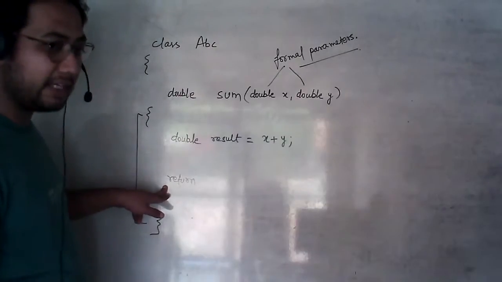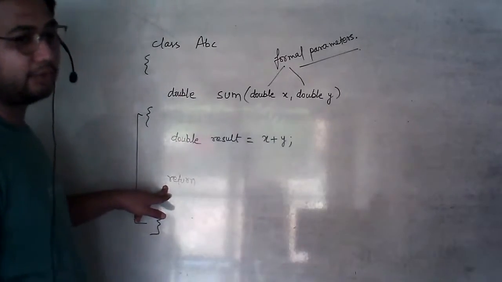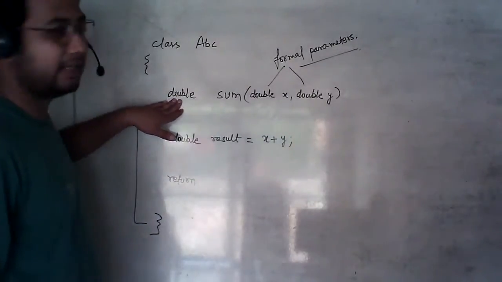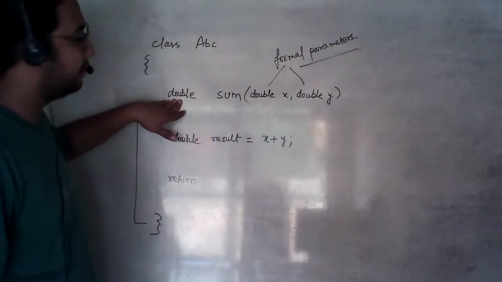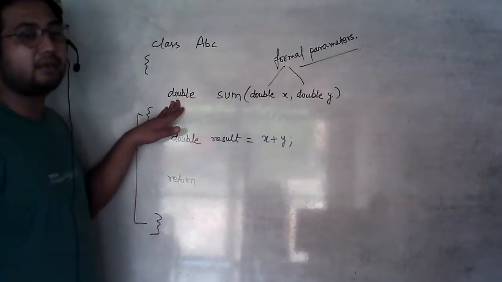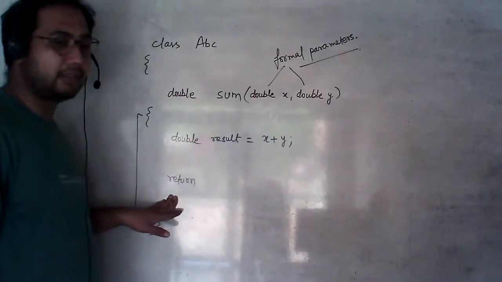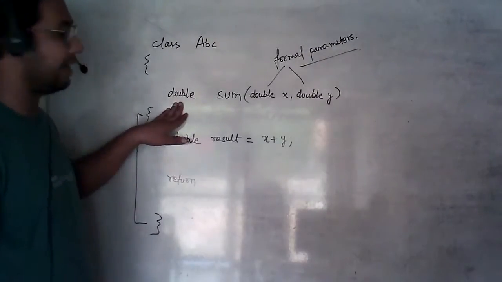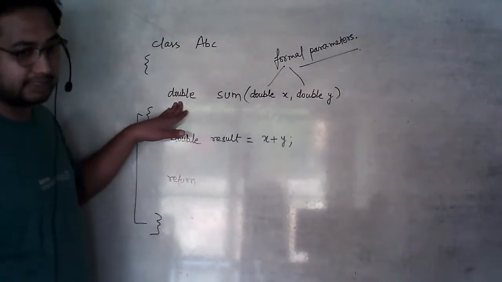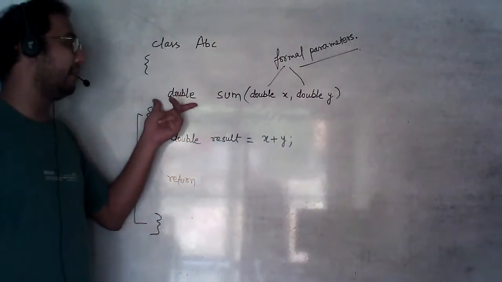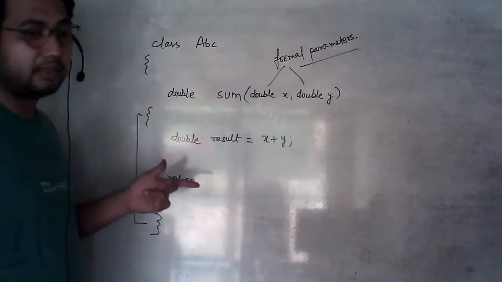It is compulsory to use whenever the return type of the function is any other than void. If the return type is void, then you don't need to use return. But if you have any other data type at this return type place,